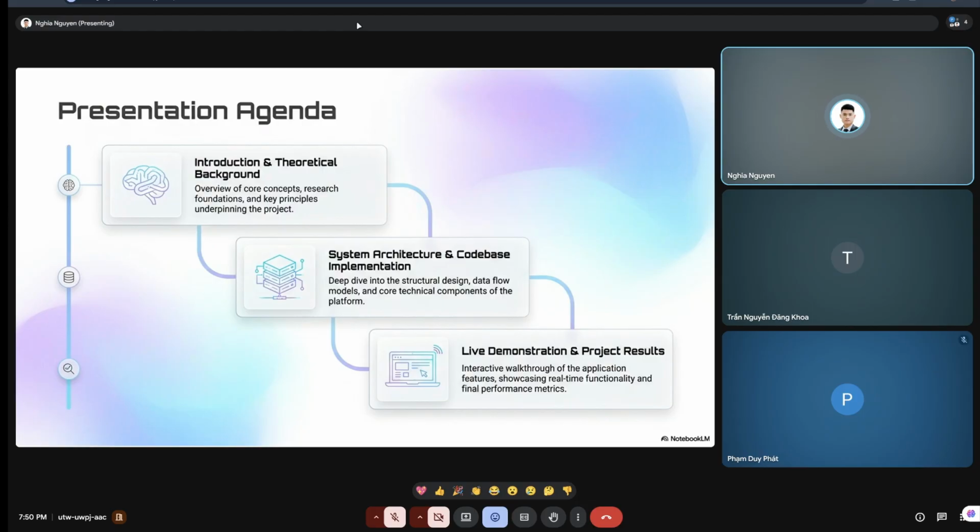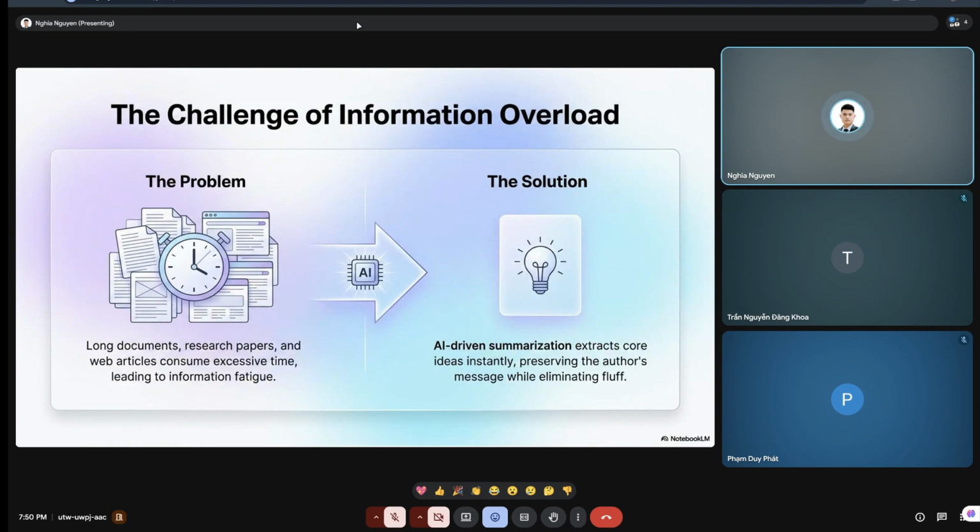Our presentation will cover three main parts. First, the theoretical background of document summarization. Second is the architecture and code-based design. And finally, a live demonstration and project results. In daily study and work, people often need to read long documents, reports, news articles, or